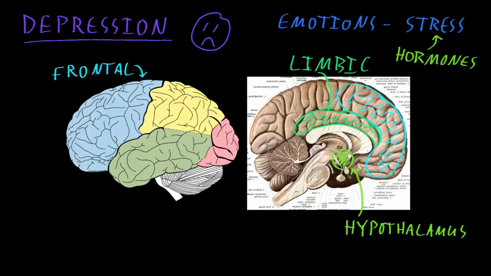These stress hormones may affect most tissues of the body, but they also affect the brain itself, including the frontal lobes, the limbic structures, and the hypothalamus that actually controls their amounts in the blood in the first place. So for major depressive disorder, it's still unclear which abnormalities of these stress hormones are causes and which are effects